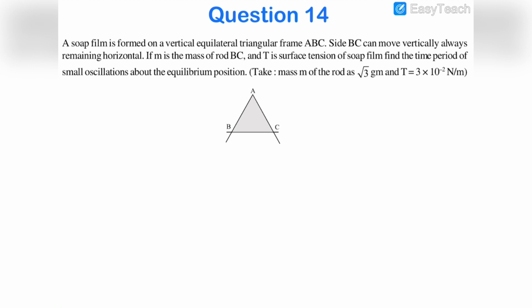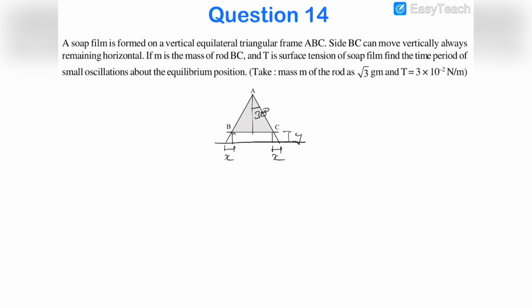So what we will do in this question is, first of all let us find out this angle. So this angle is 30 degree because this is an equilateral frame, and when we will pull down this wire frame, then you can see that there will be an increment of the length. So let us see that we have pulled down this by a distance of y, and on both sides the length has been incremented by a distance of x. So the total incremented length of this wire would be 2x,